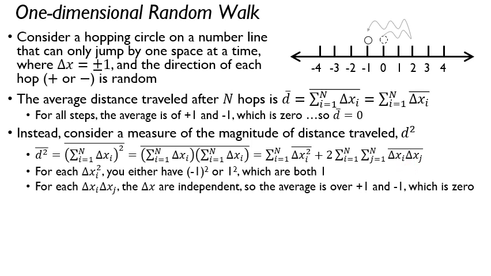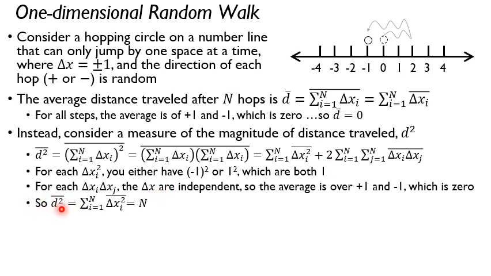Because they're independent, and each one could have been +1 or -1 with equal probability, your average over these is going to be 0, right? Because you can think of all the combinations you can have. You could have +1 +1, +1 -1, -1 +1, or -1 -1. You take the average of that, and that is going to be equal to 0. Okay, so then this